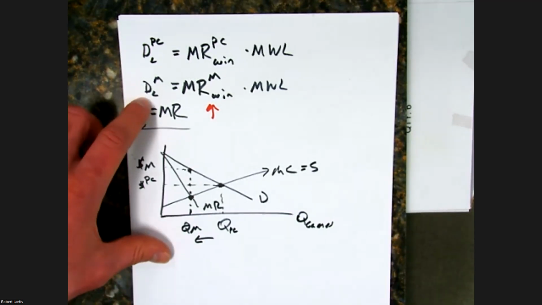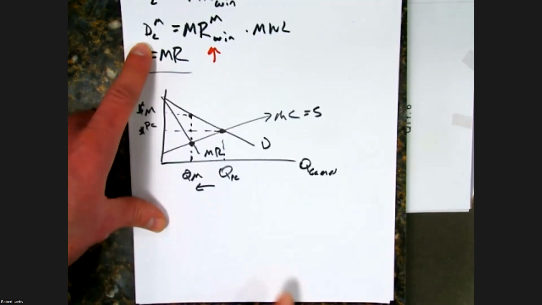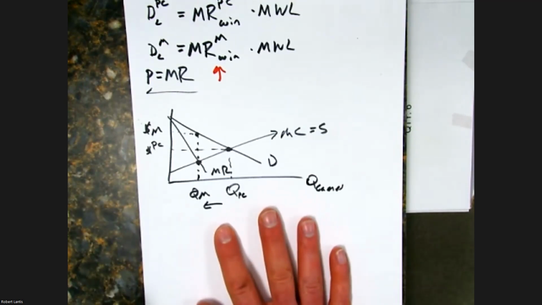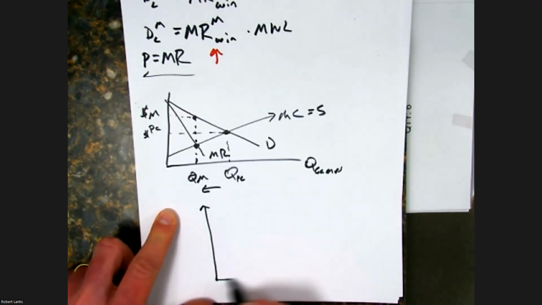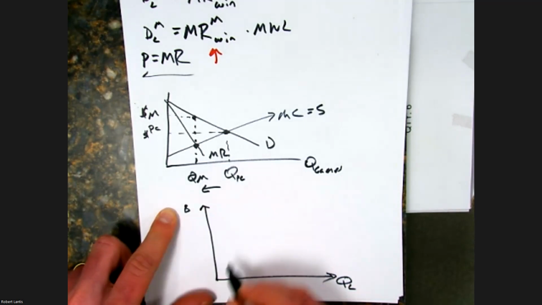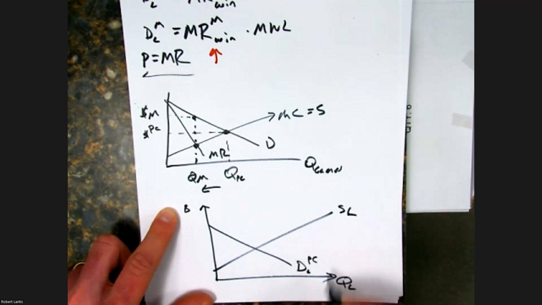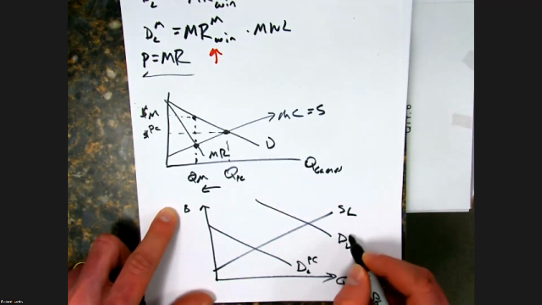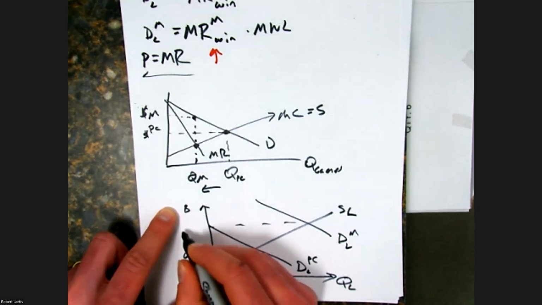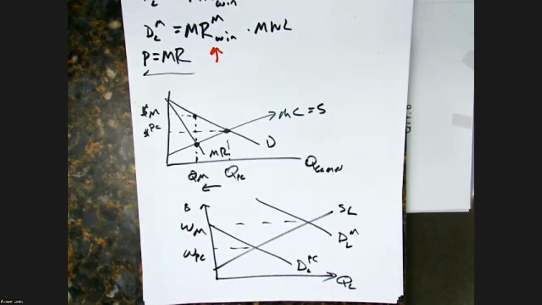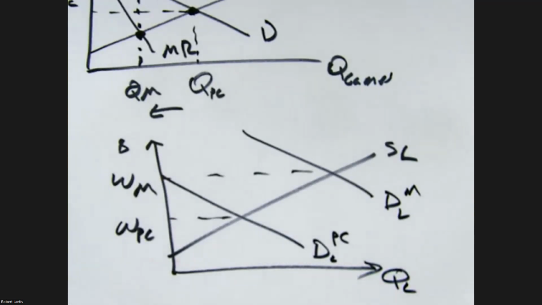Does this make sense? Any questions on this? So, if the demand curve for labor is higher for a monopolist than it would be for a perfectly competitive team or industry, I'll just draw a quick line. I think it's self-explanatory, but we've got our supply curve for labor. Here would be our demand curve for labor from a perfectly competitive team. Here's our demand curve for labor from a monopolist. It would predict that the wages paid by a perfectly competitive team are going to be less than those paid by a monopolist.